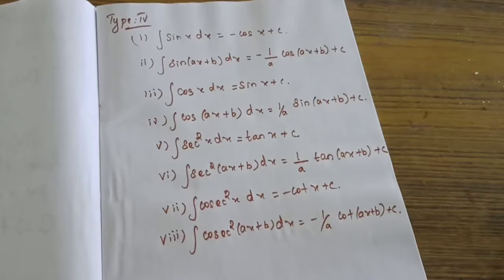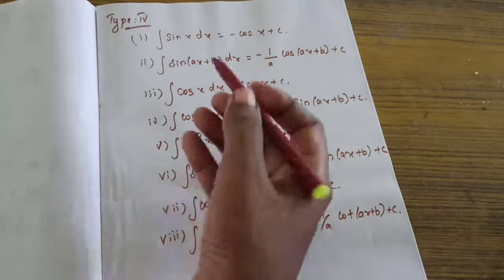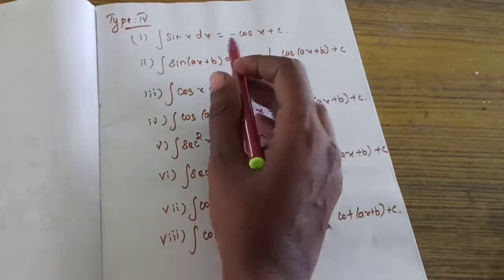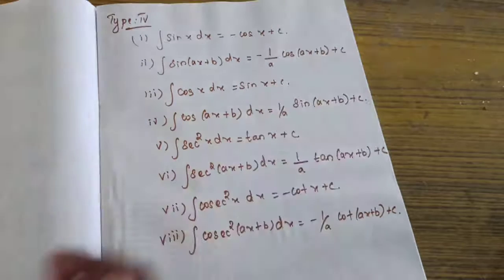Okay students, when you are seeing the formula, don't be afraid, it will be very easy for you. See the first formula, integral of sin x dx. Already you know the formula for sin x, how will you convert? Minus cos x, is it right? So integral of sin means minus cos, cos means sin, that's the difference. So sin of (ax plus b) means same as our last type, we will divide. So here it is minus 1 by a cos(ax plus b) plus c.